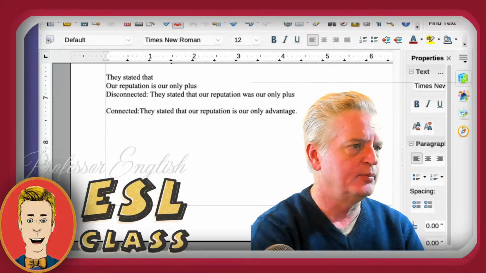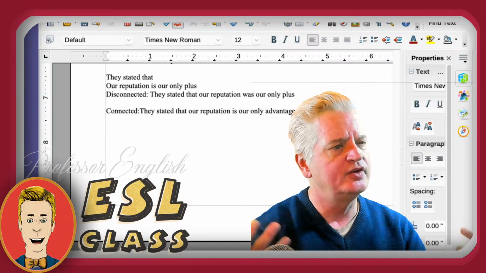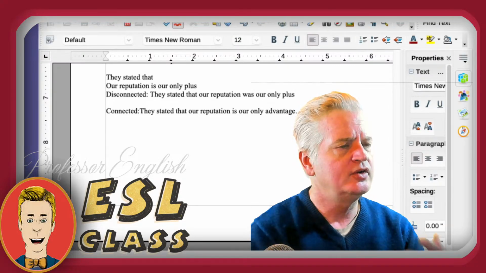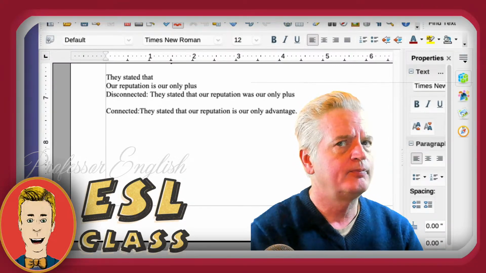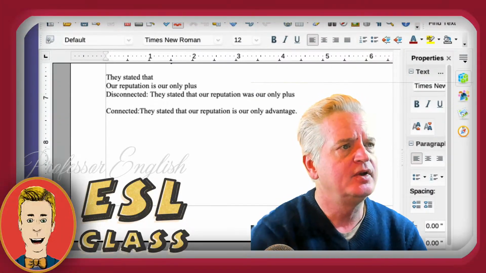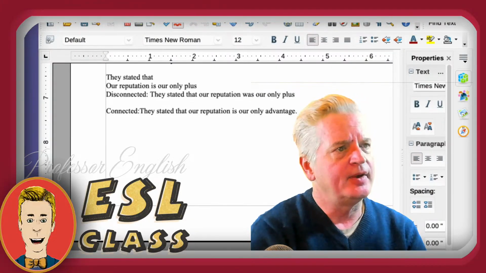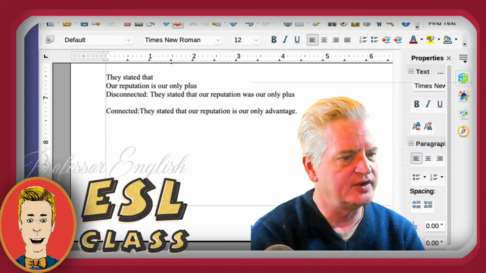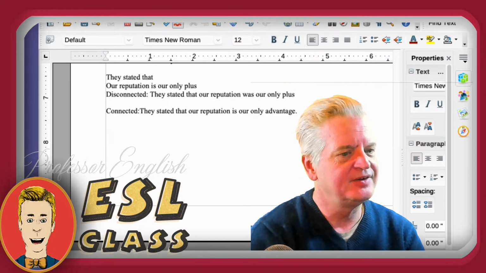Let's try another example. So again, I'm going to say a sentence in just normal, typical English. You should know all of the words, and I want you to try to repeat it. Try to understand all of the words I'm saying. Here's the sentence. Some fellow complained about the service. Some fellow complained about the service. Can you repeat that? Are you repeating it?